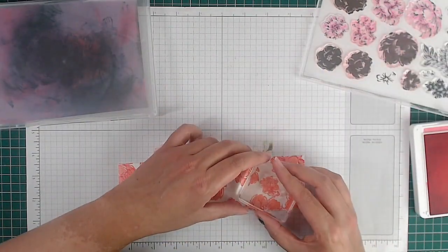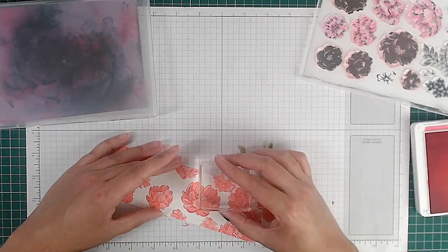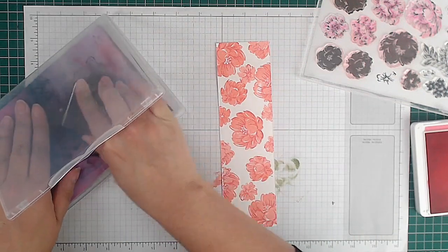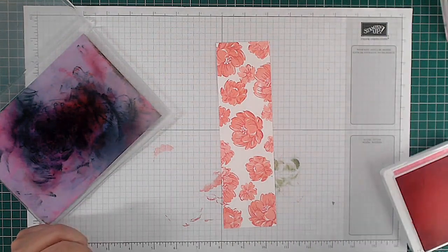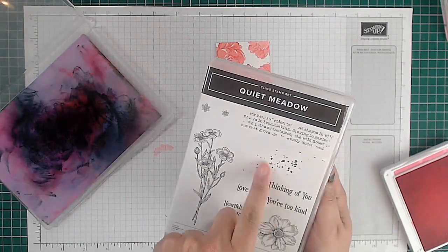It's not exactly perfect, it's not the end of the world. This is a hand stamped bookmark, it is not factory made. Okay, and there we have our pretty bookmark. Isn't that lovely? I adore it. So pretty. So just cleaning up all my stamps, and now we're going to be using this little stamp here,